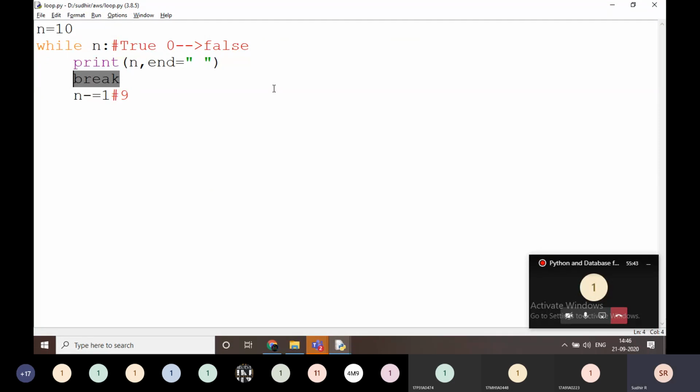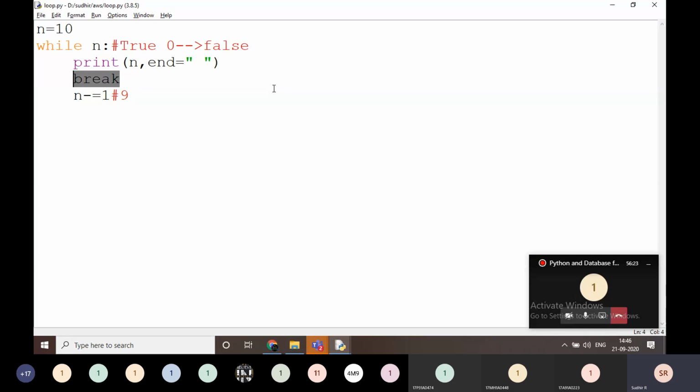Not here. For example, if I'm going to search one student among a bulk number of, for example, 1,000 students in my Excel. I'm going to find one roll number, searching one by one. For example, among 1,000 students, the roll number is found at the 10th position. There is no need to check the remaining 990, right? At that time I am going to use this type of break.